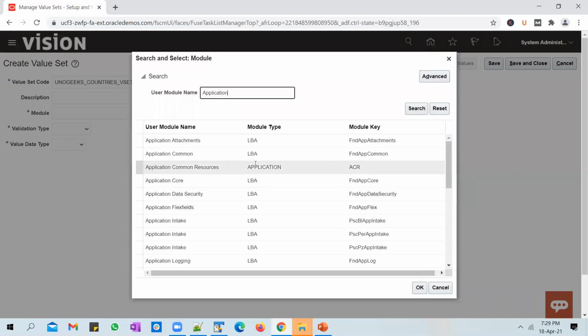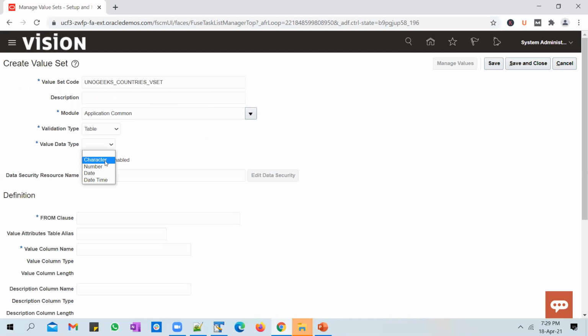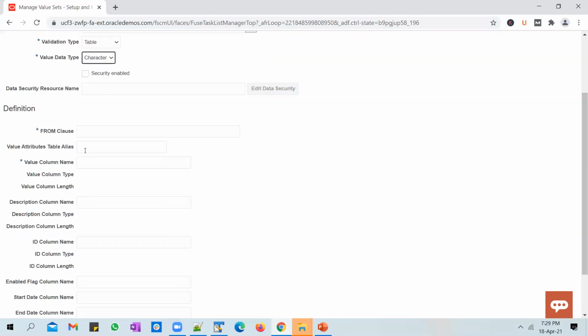And I'll attach it to the Application Common module. The validation type is going to be Table because I want to pull the values from a lookup that I just created. And the value data type is going to be Character. And in the FROM clause, I'll use FND_LOOKUP_VALUES. This is a table that stores the lookup information.